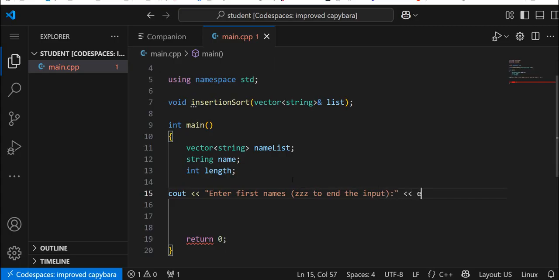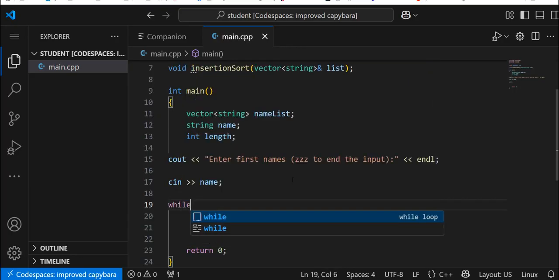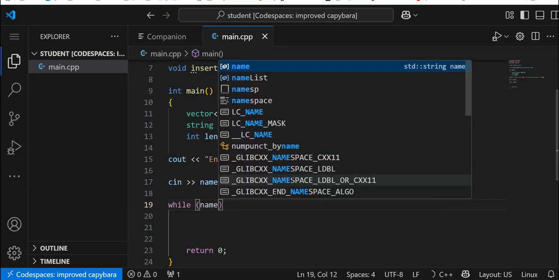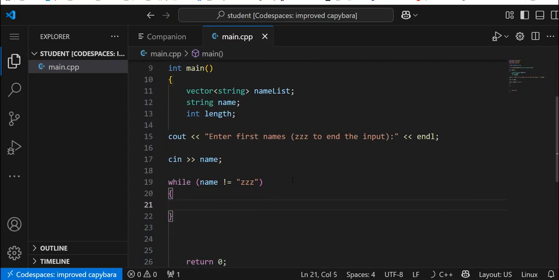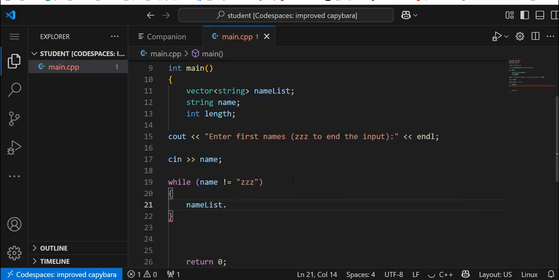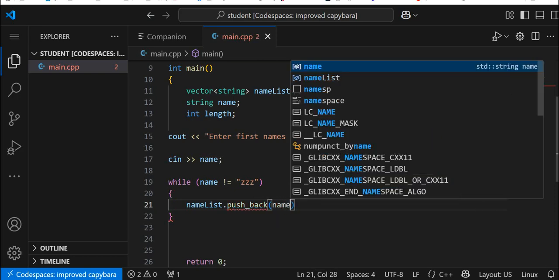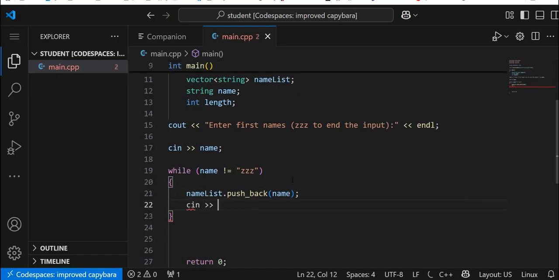Then go endl. Then cin name. Wow. While name is not equal to ZZZ in quotes, let's do name list dot push_back, underscore back, that is. And then with name. Use the variable name cin, and